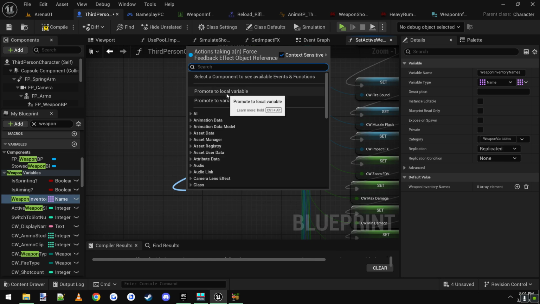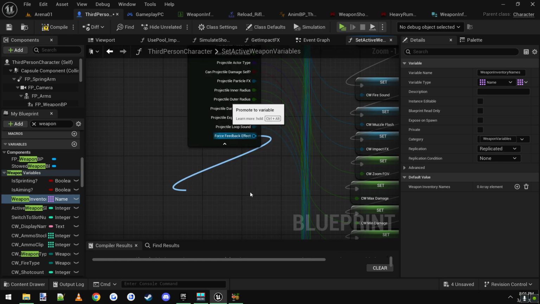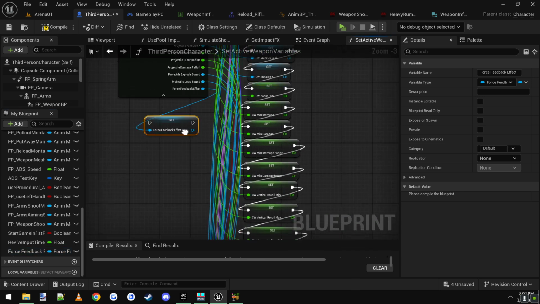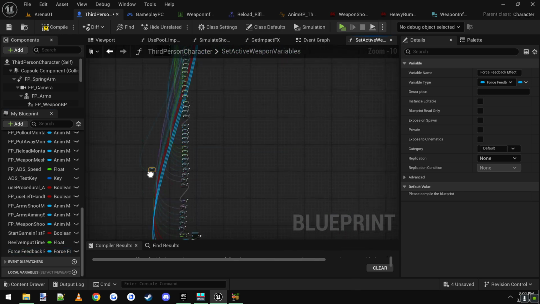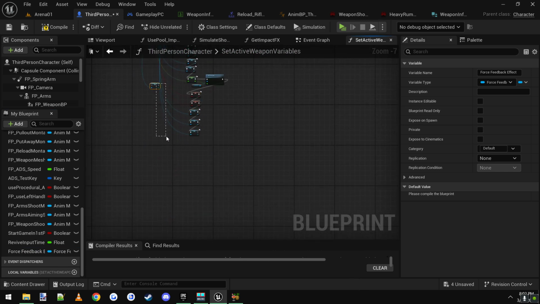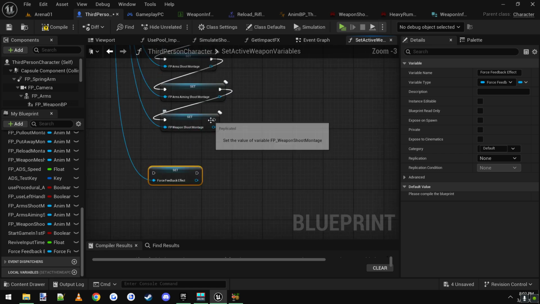Let's just promote it to a variable and call it force. Well, it's already called force feedback. So now we just drag this down to the bottom of all this other stuff and connect it up like this,